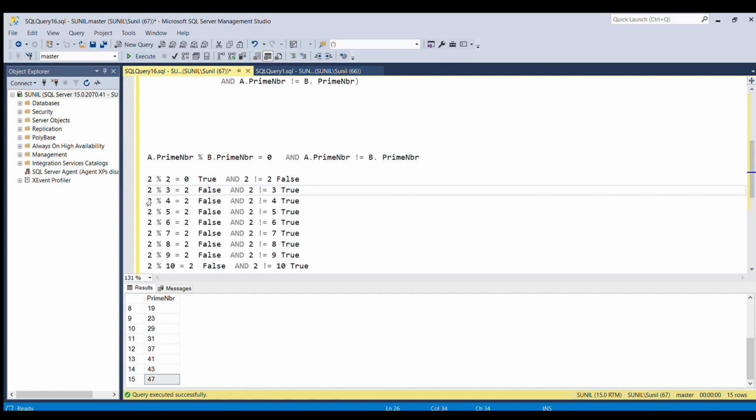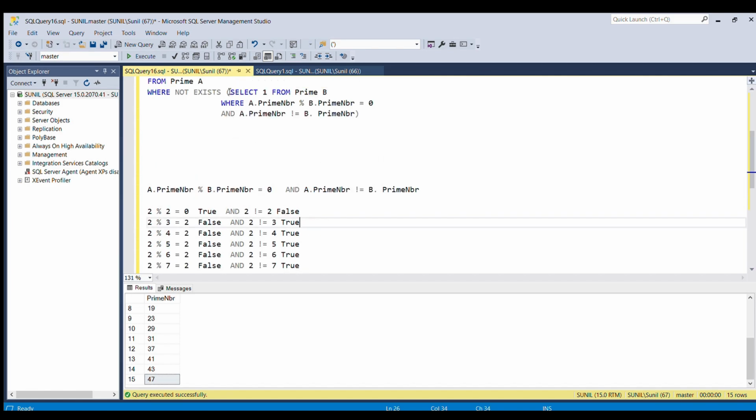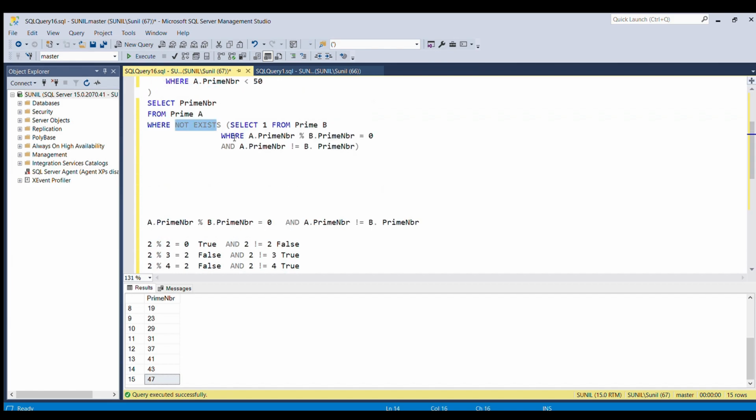So this execution will go on till 10, and if you see, everywhere it is either true, false, true, false, false, true. So none of the rows is returned by this correlated subquery, and that's where NOT EXISTS is flagged true, and the prime number value 2 from the prime table is printed.